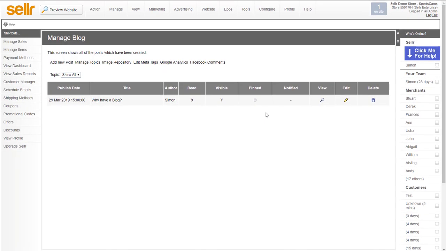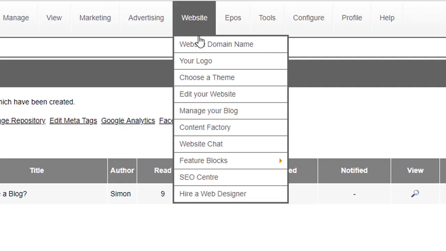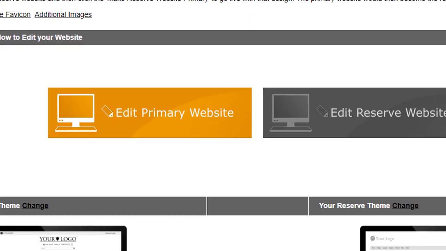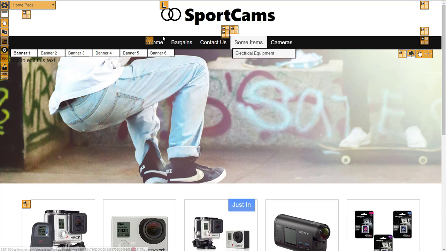So one final thing that I need to show you is how to link this into your website. It's all very well me telling you it's at sellerdemo.com/blog, but you need to create a navigation on your actual website so people can find it. So if we go to website, edit your website, edit primary website. I just want to add it to this nav bar at the top. So I click on the edit menu icon here,